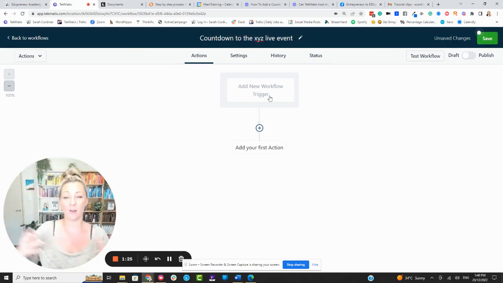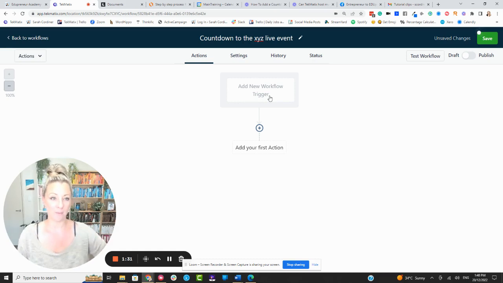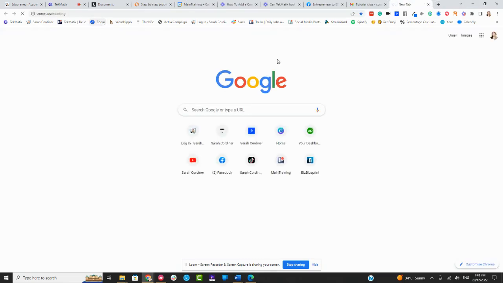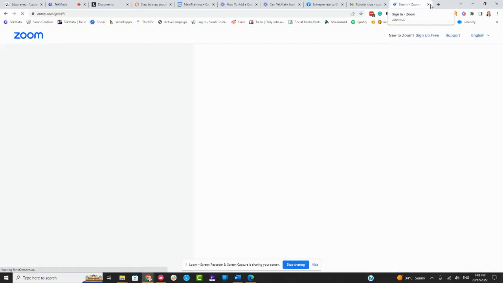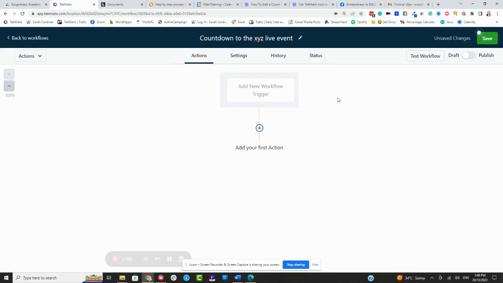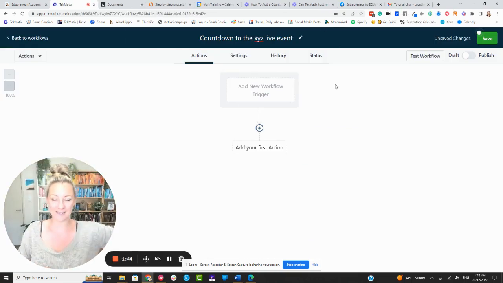Now, the trigger could be any number of things. If this is a Zoom online event, then I would recommend that you go into your Zoom account and you create your Zoom appointment. So go into Zoom. I'm probably not going to be able to do this on here now because I don't know if I'm signed in or not. No, I'm not. Okay. Go into Zoom, press create a meeting, set the date and the time. Make sure you've got the right time zone,